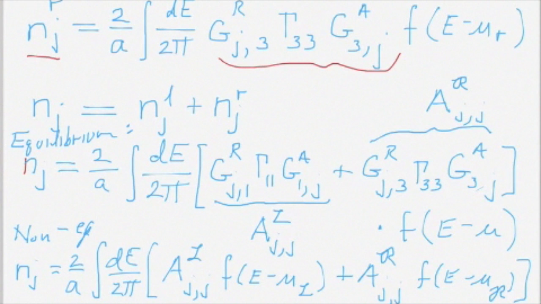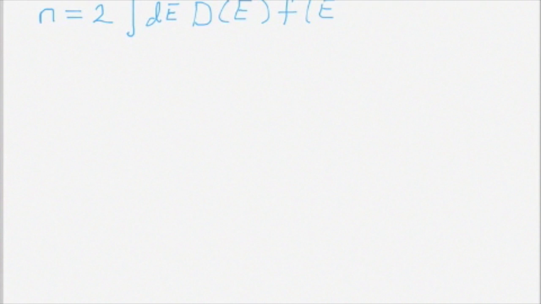Okay, so we know that n, I'll keep my factor of 2 for spin out front, is equal to the integral over energy of the density of states times the Fermi factor. And therefore, just equating the two expressions, I have that the density of states